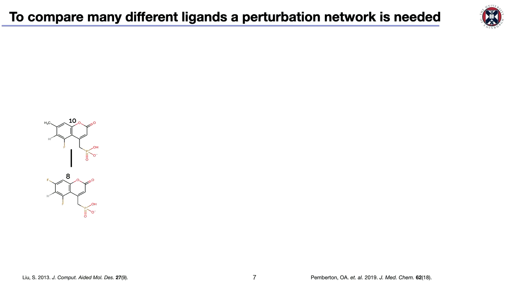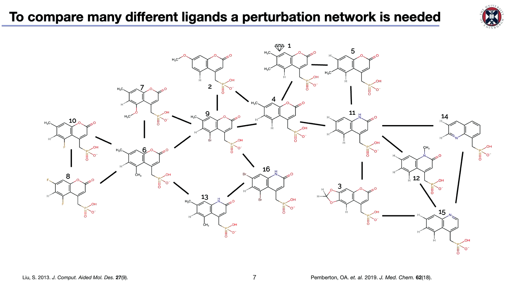So we can now compute a relative free energy difference and compare it to the experimental values that were given in that paper. But there are many more ligands, so instead we build up an entire network of calculations. Each of these edges is now one of these thermodynamic cycles, and we can compute a free energy difference for each of them, and in this way build up our entire set of computations, which we can then compare to